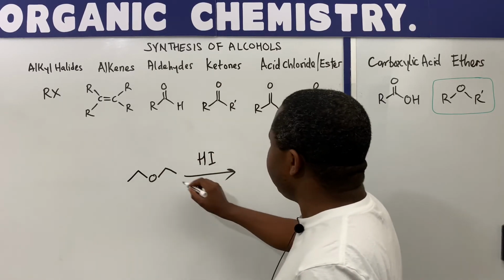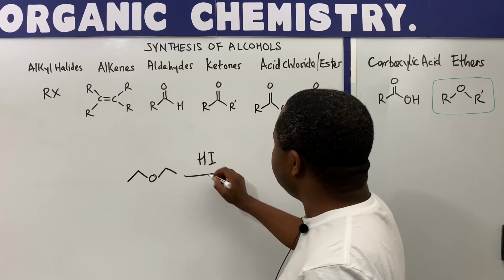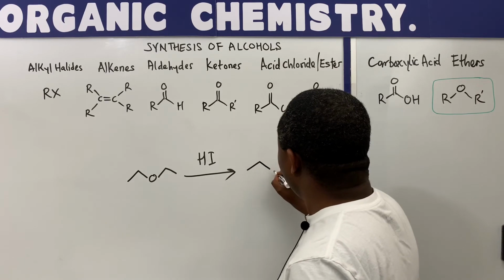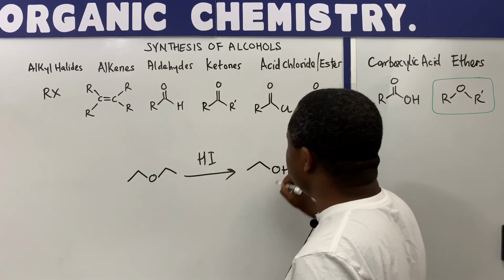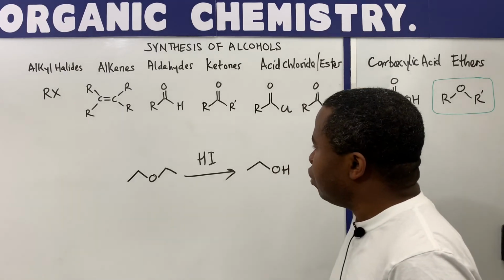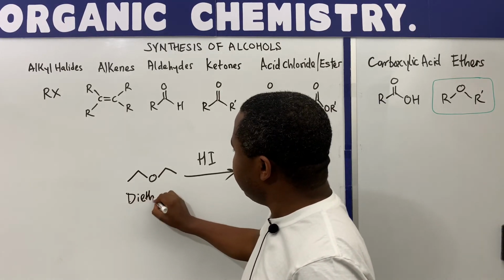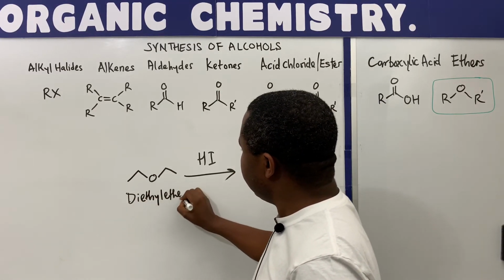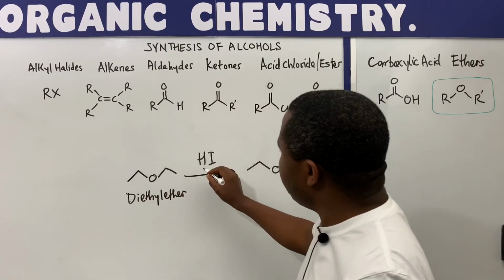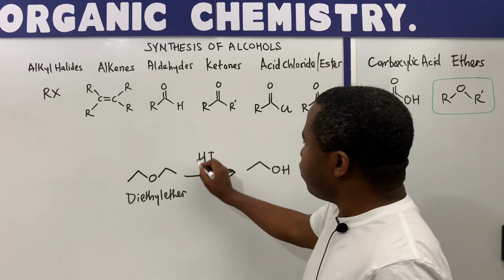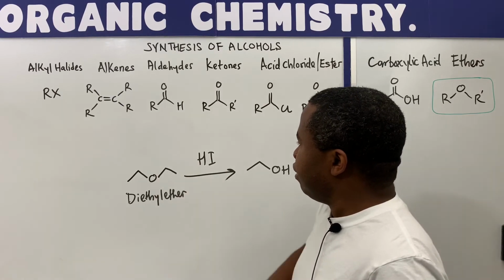So if we subject this to a hydrogen iodide reaction, we're going to have an alcohol, and specifically here, we're going to have ethanol. So this is diethyl ether. So in the presence of this strong acid, hydrogen iodide, we can protonate this diethyl ether so that we